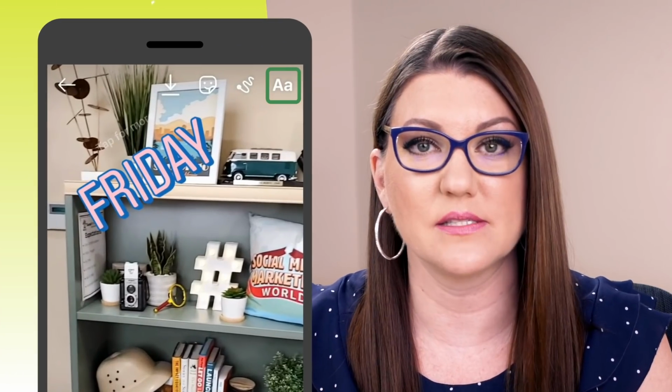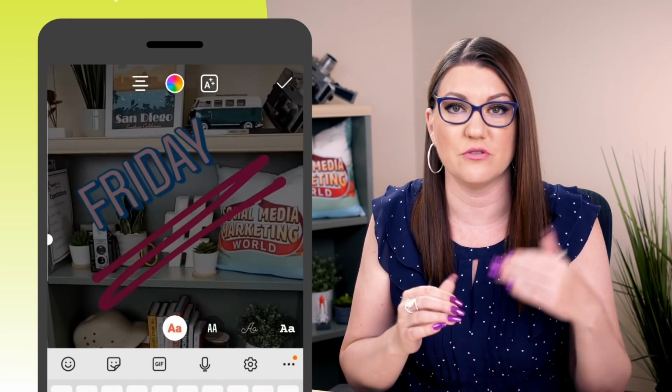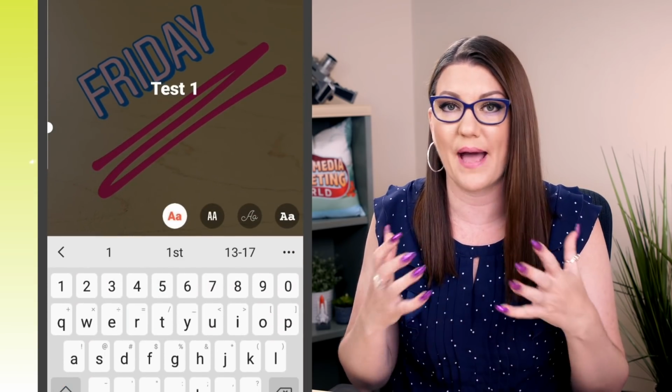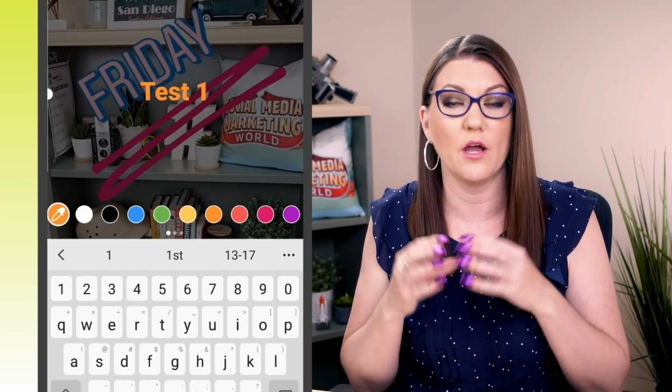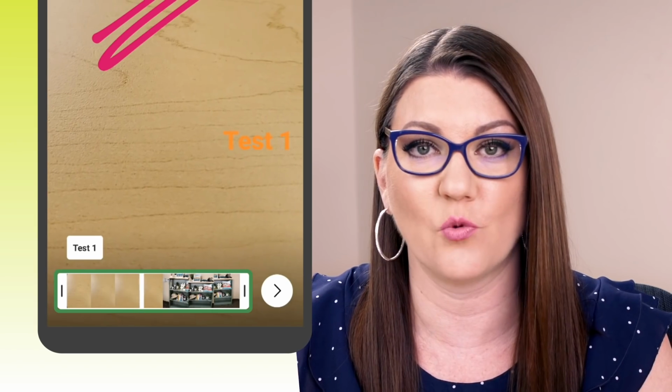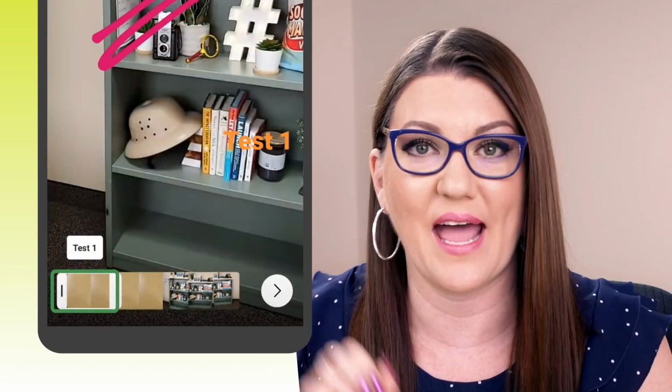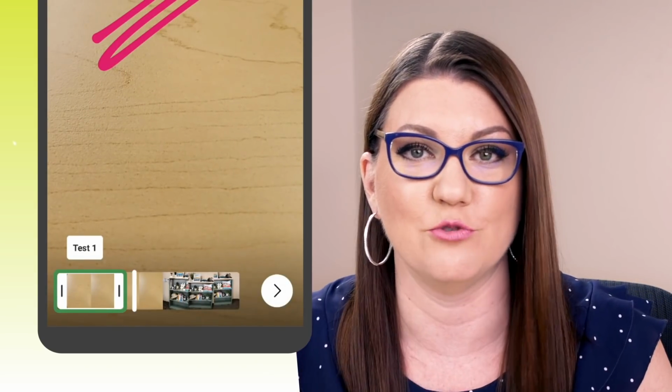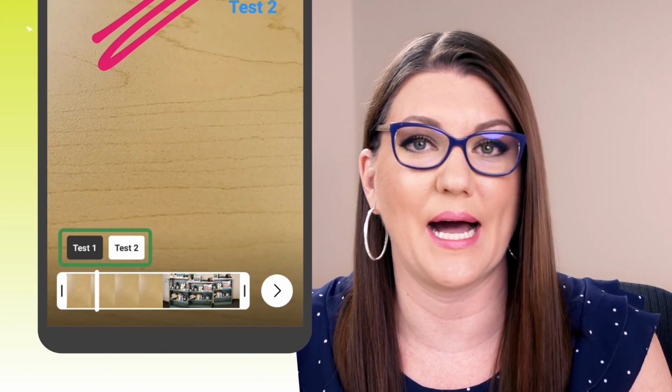To add a text box, simply choose the text option, choose the font style, color, background, any of those features that you want. Then you'll see the slider appear at the bottom and you can drag the start and stop points of that slider for where that text will come in and leave throughout the video. So you can have the text appear where you just pointed. If you have multiple text boxes on the screen, the one that you're selecting will be highlighted white.